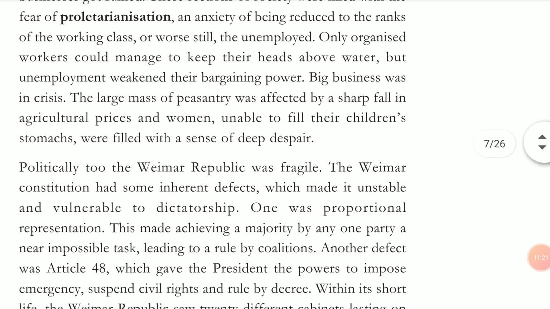So what happened? Big businessmen suffered, at the same time peasantry suffered, the farmers suffered. Now farmers suffered, why? Because all of a sudden there was a big reduction in the price of agricultural products. ओके जो एग्रीकल्चरल प्रोडक्ट्स थी उनमें अचानक से बहुत ज्यादा फॉल दिखा था, बिकॉज ऑफ विच इट बिकेम वेरी डिफिकल्ट फॉर फार्मर्स टू मैनेज. They had already put all their capital in farming, now they were not getting returns, so